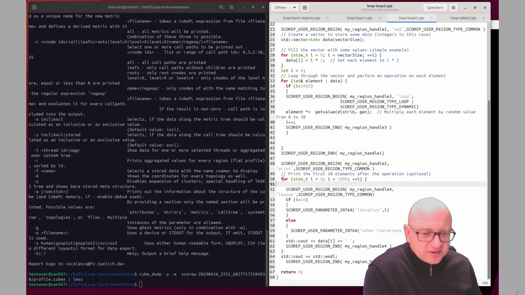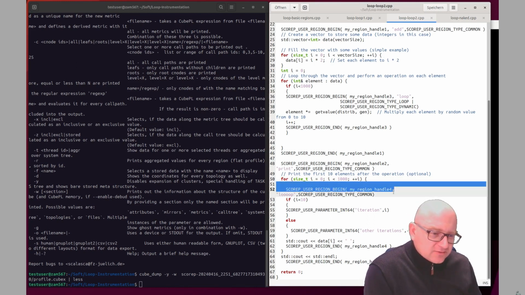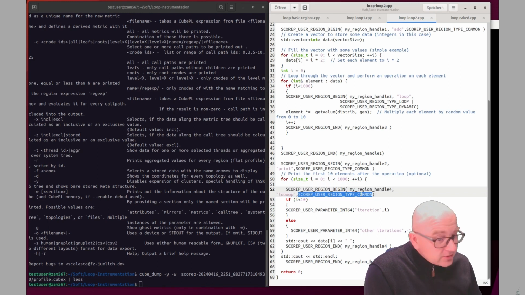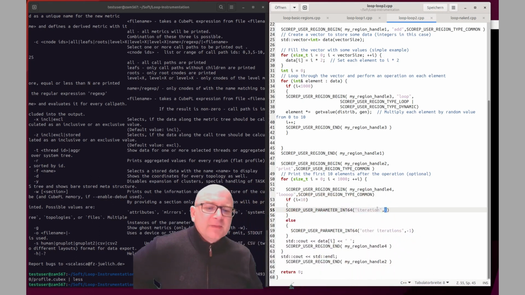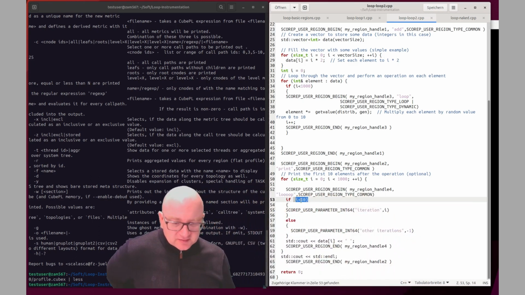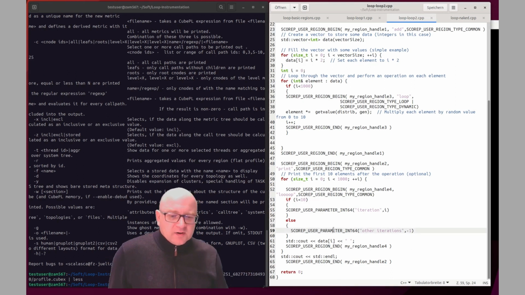So if we take a look here, we have a loop which goes from 0 to 1000, so it prints first 1000 elements, and here we go into again common region with handle 4, and then we see that by first 10 iterations we record parameter iteration, and its value is I, so it will be 0, 1, 2, 3, 4 till 9, and once it is bigger or equals than 10, there will be one parameter